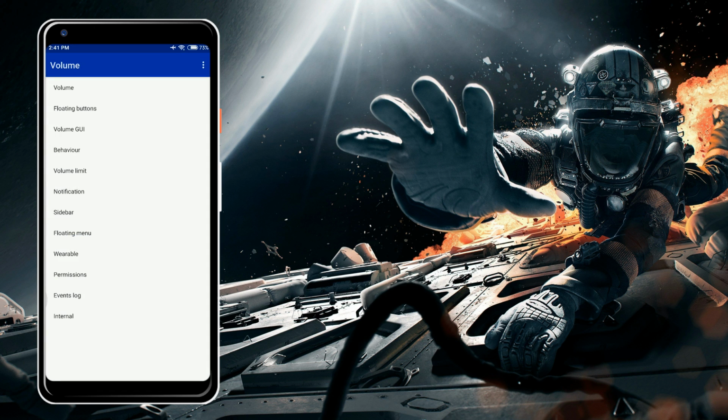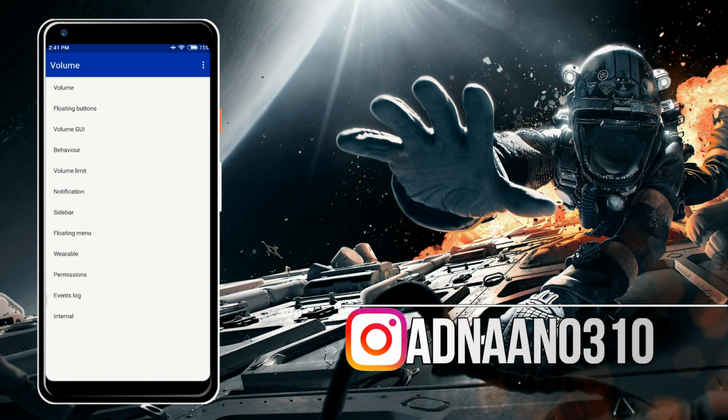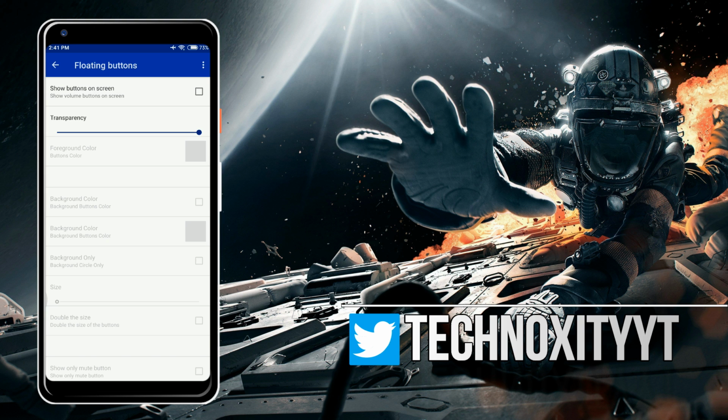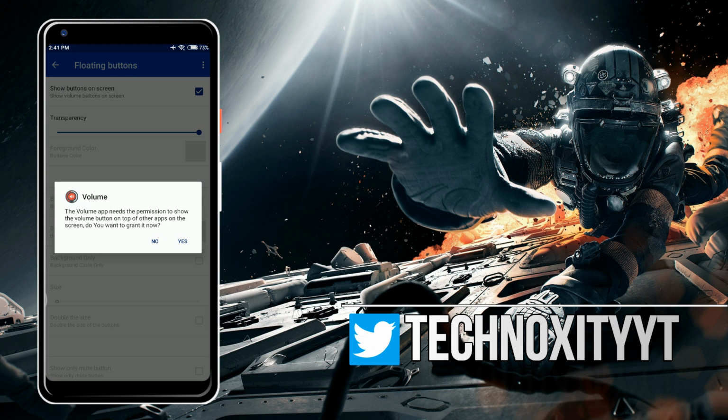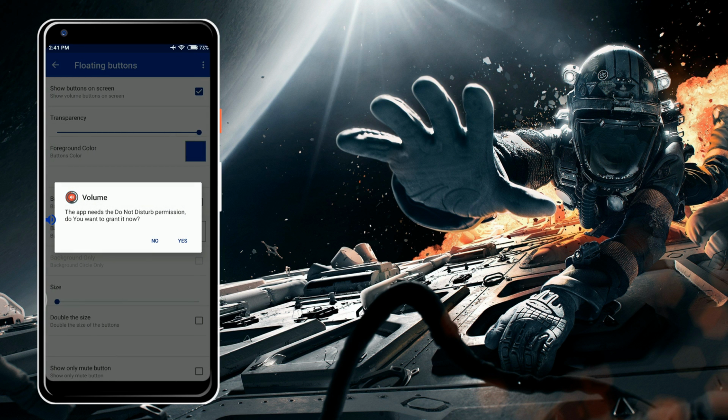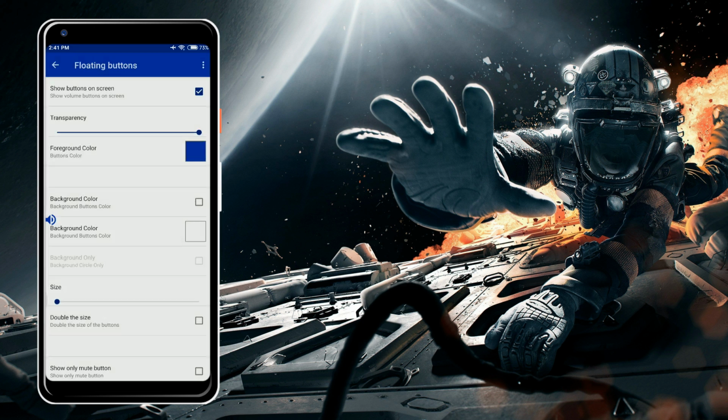Now let's just accept that, and what you guys need is the floating button on your screen so that you don't have to press your volume rockers. So now click on these floating buttons over here and click on show buttons on screen. Give a tick mark there, and if you have to fix the opacity, allow display over other apps, make sure you enable this and go back there, and the app needs the do not disturb permission. Do you want to grant it now? Click on yes,